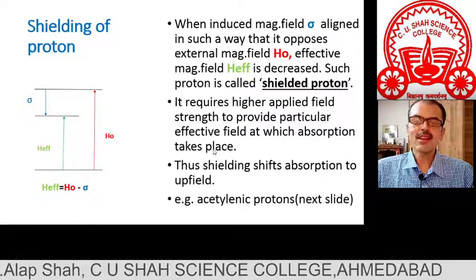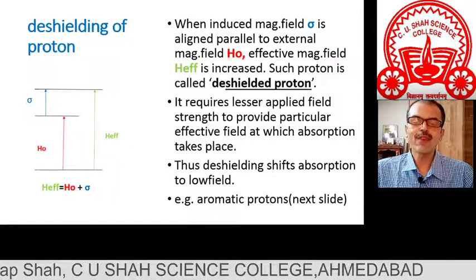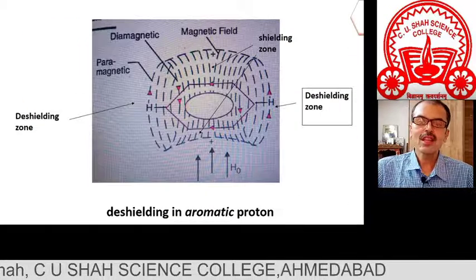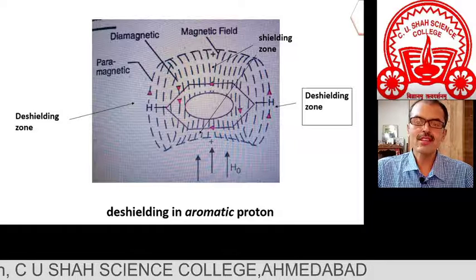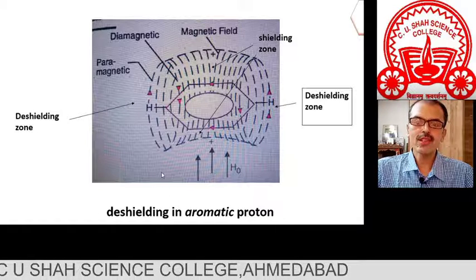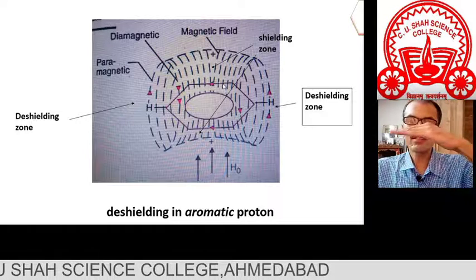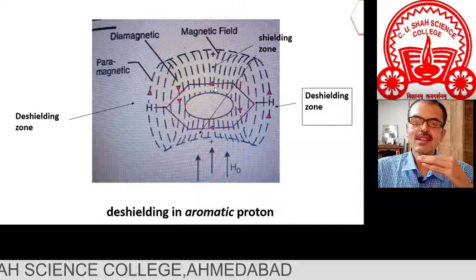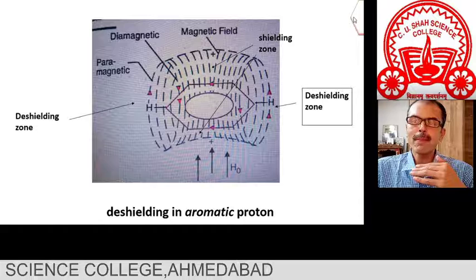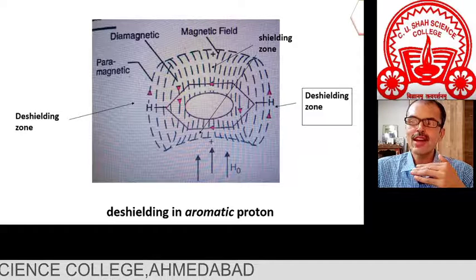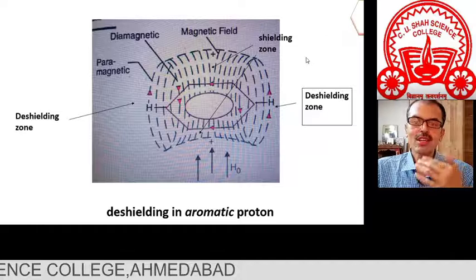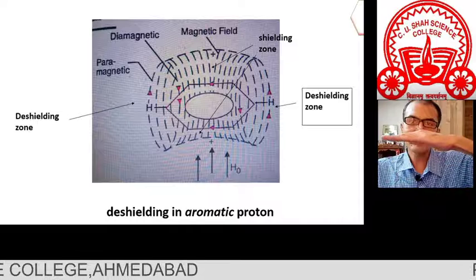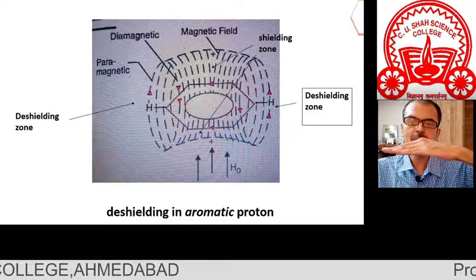Now let us understand deshielding of proton with the example of aromatic protons. Aromatic protons are deshielded protons. Now, in front of you an aromatic ring is shown. But before I explain, you should consider that this aromatic ring is like this. It is not aligned with this screen; the ring is actually perpendicular. I have tried to give a shadow effect to this area. I want to make sure that this ring is not in the plane of the laptop or your screen, but it is situated perpendicular. So keep this in your mind.